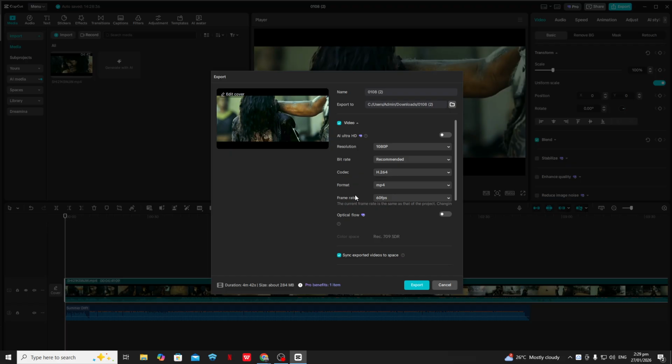Once it's done, play the exported file from your gallery to confirm it looks smooth at 120 FPS. If playback seems choppy, it might just be your device preview struggling. Try viewing it on a more powerful device or a computer for a better test. That's how you get 120 FPS on CapCut.